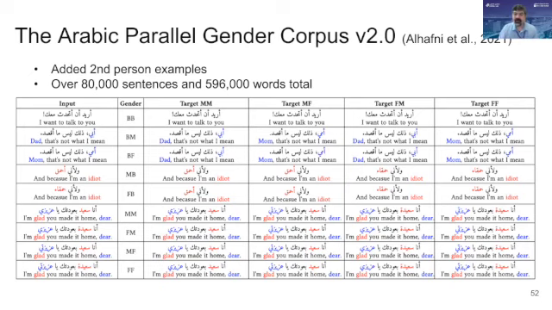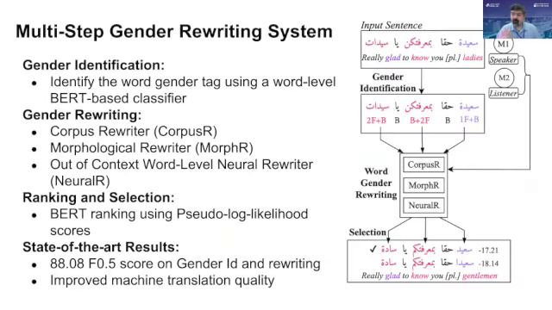Right. So technically, all four combinations have to be generated to be able to say in this sentence, you don't really know the speaker and the listener. Almost at the demo, I'll just give you the impression of the system that is currently under review that Bashar had developed. So we have an initial step that does gender identification of the word.